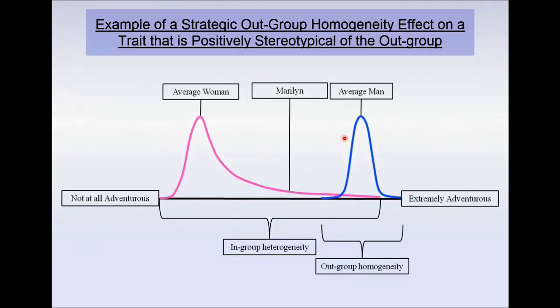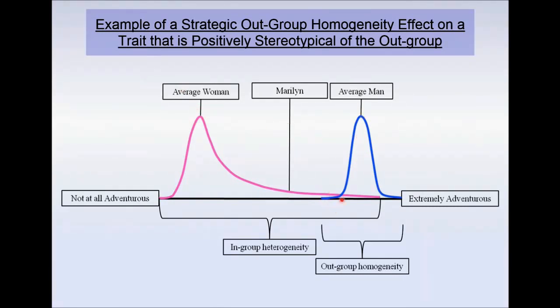So adventurous. Well, adventurous is a positive stereotypical trait for men. It highlights a positivity that the in-group women do not possess in a stereotypical sense. So it's a threatening trait for women because it highlights a weakness. As you can see here, the average woman is not really regarded as being very adventurous, and the average man is regarded as much more highly on this positive trait. So women see themselves as, oh well, I wish I could be more adventurous. I wish I could do better than that. So how might Marilyn perceive men and women on this particular trait then?